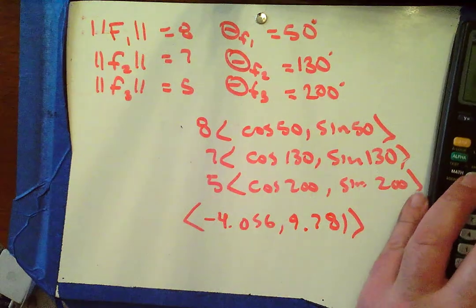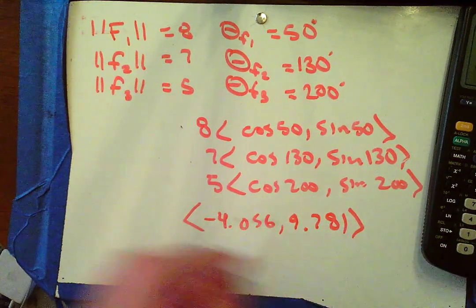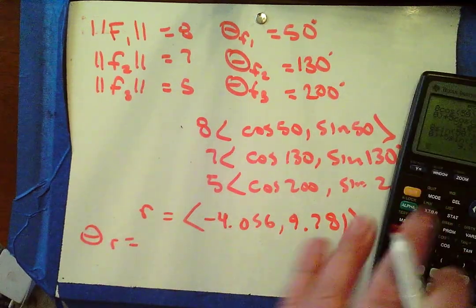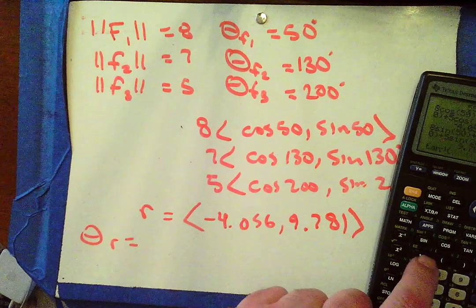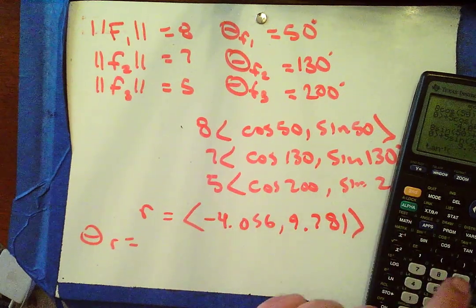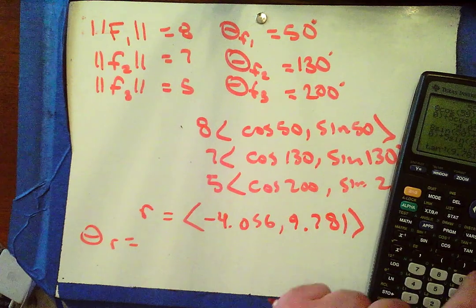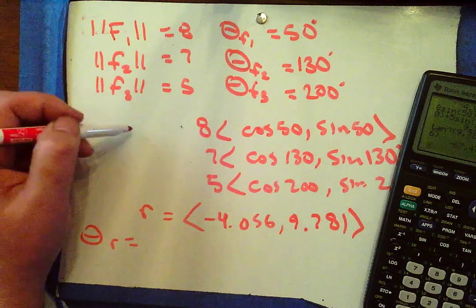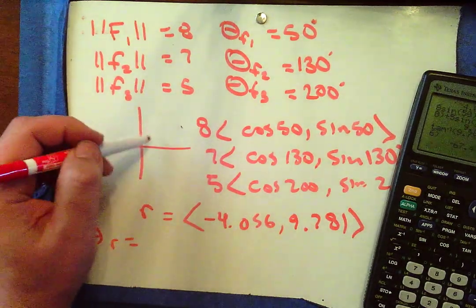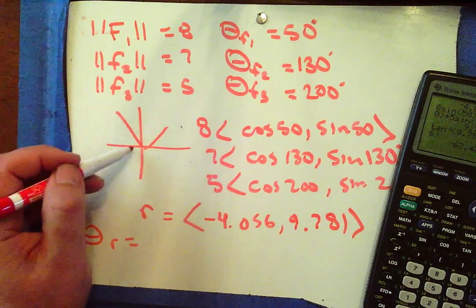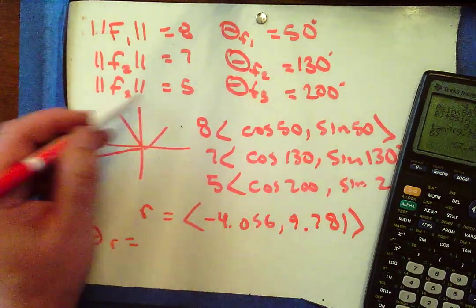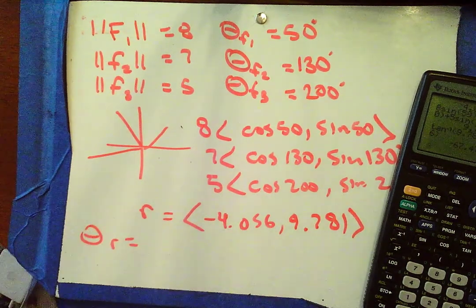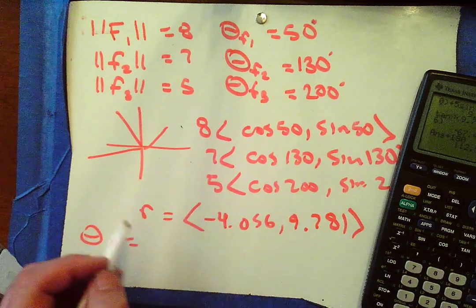So what are we looking for? Find the resultant vector's component form, magnitude, and direction angle. So there's that. Theta r, we'll use inverse tangent of 9.781 divided by negative 4.056. And is this really going to be in fourth quadrant? One of ours was here, another one was here, another one was here. The result of all these adding is somehow over here? No, I don't think so. I better add 180 to that, and I get